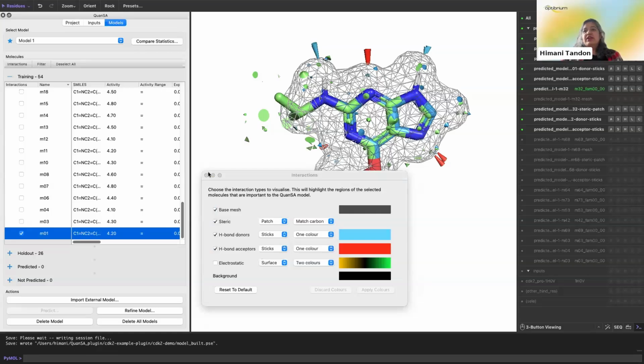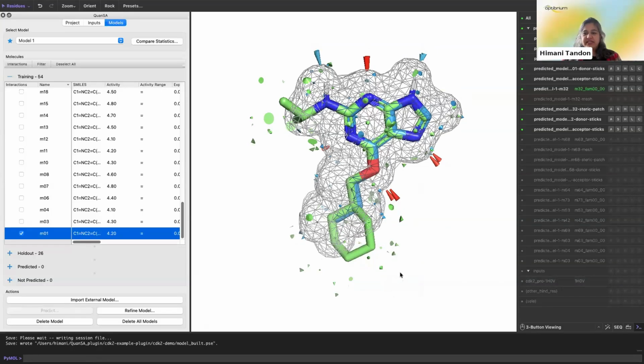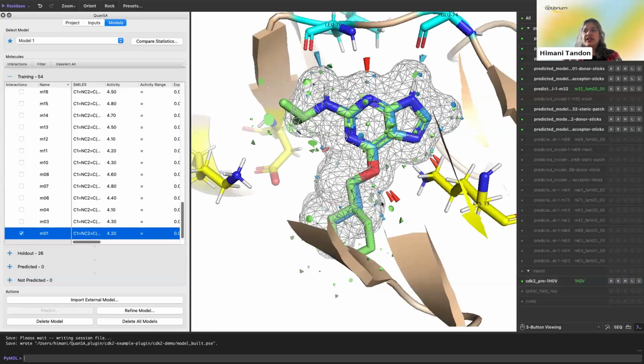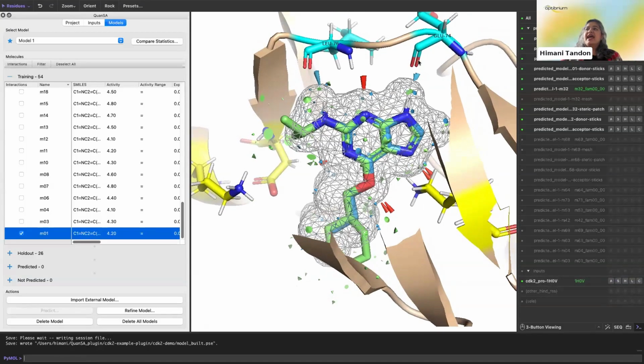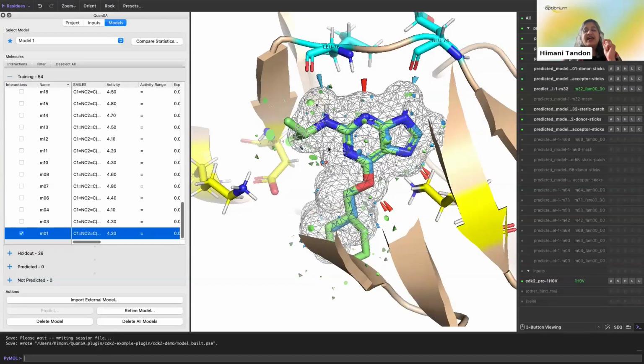Now, another thing that I really want to show you is, we've already discussed that QuanSA is a ligand-based method. It does not really require a protein structure to effectively build the pocket fields and learn what interactions a molecule is likely to make in the pocket field. But because for this particular example we do have a lot of co-crystallized structures available and we know how the ligand binds, if I just bring that structure into this frame of reference and highlight the residues that bind these ligand molecules, I think it's really interesting to see how QuanSA has learned that information only from the ligands and the structure activity data.